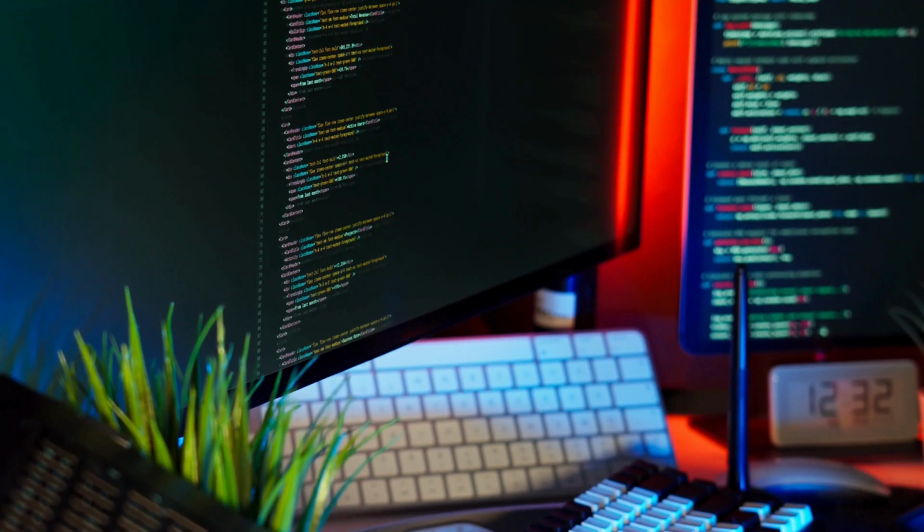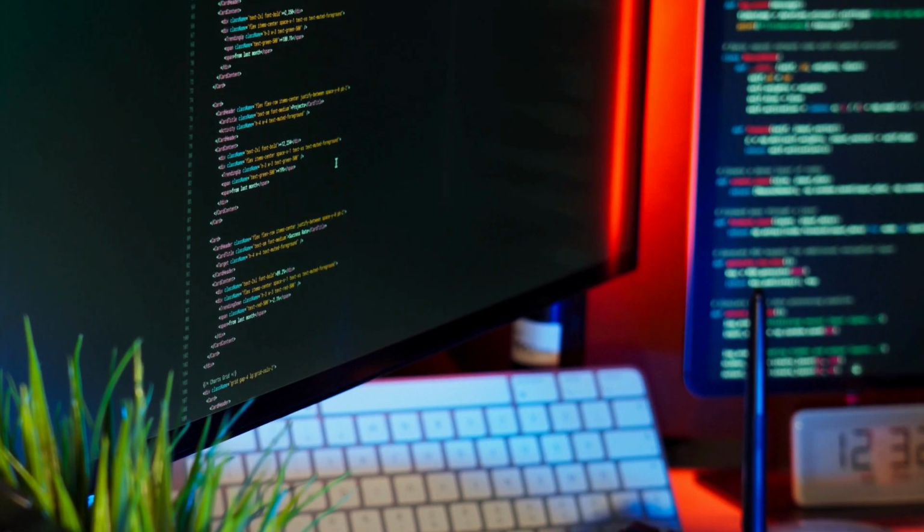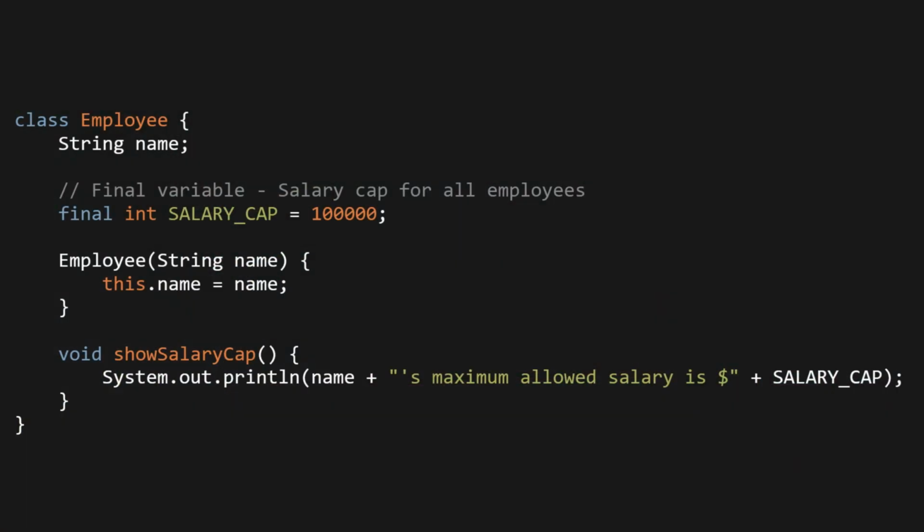To understand the final keyword, let's write a code for salary cap. Class Employee, String name, final int salaryCap = 100000. Employee(String name) { this.name = name; } void showSalaryCap() { System.out.println(name + "'s max allowed salary is $" + salaryCap); }